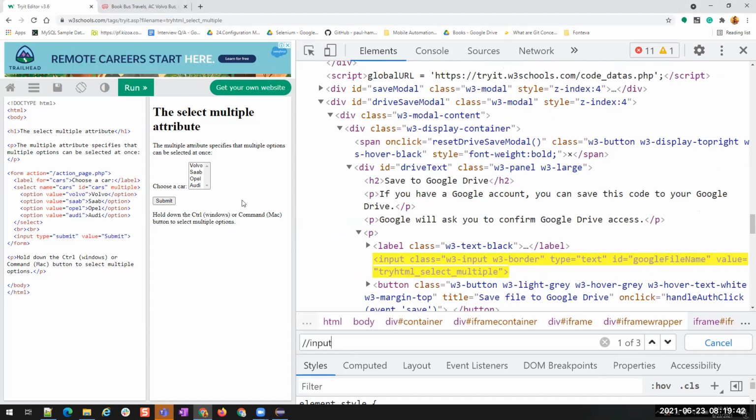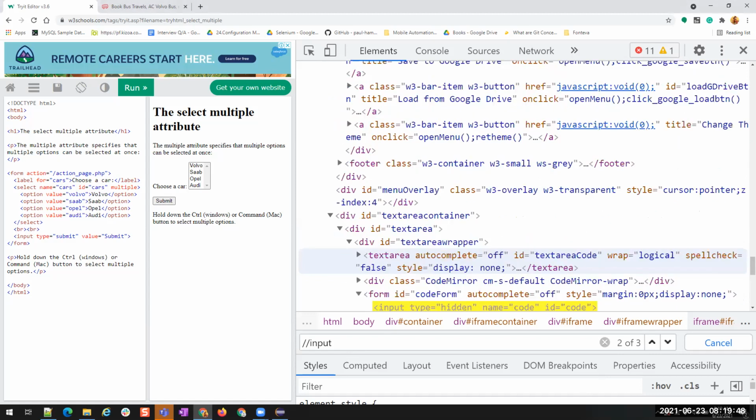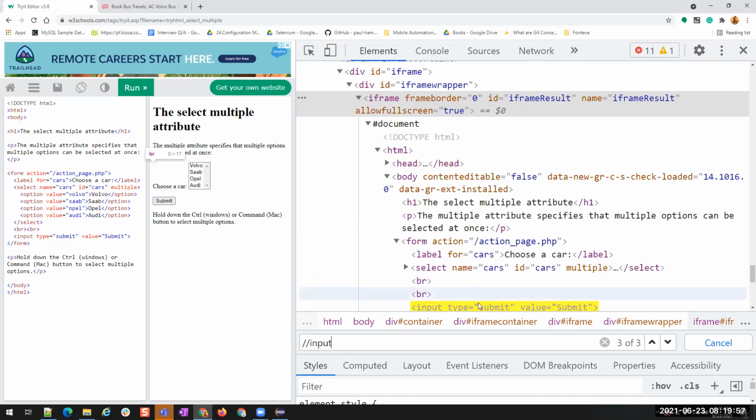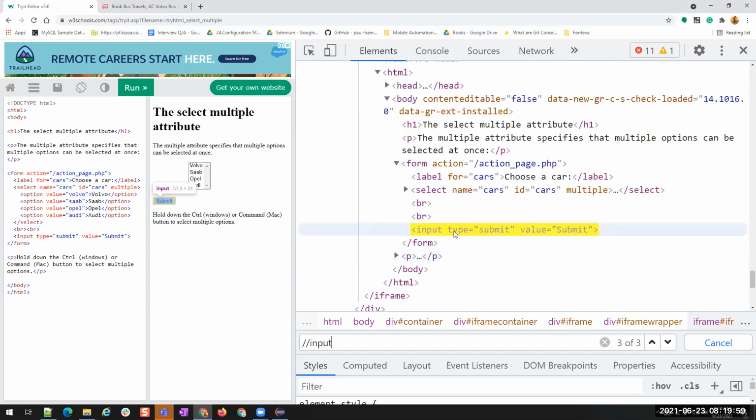Now I want only one input, that is this submit. Is it highlighting my submit button? No. I'll click enter. Now we are at 2 of 3, is it highlighting my input button? No. 3 of 3. Now this yellow color, I'll hover over it. It is highlighting my input button. That's the index of my required position.